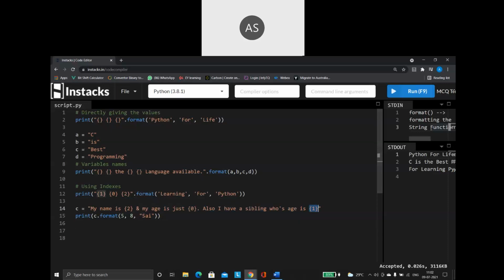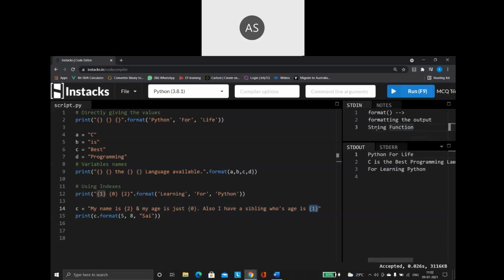Right. So what did I say? Format is what type of function? A string function. So this entire string, earlier I gave the string inside a printf, again I gave a string inside the printf, and in this format also I am using the string inside the printf. But here I am creating a variable and giving this string value to this variable.